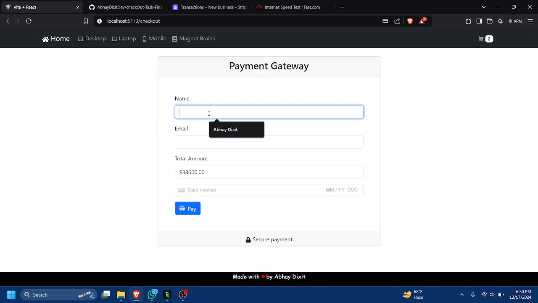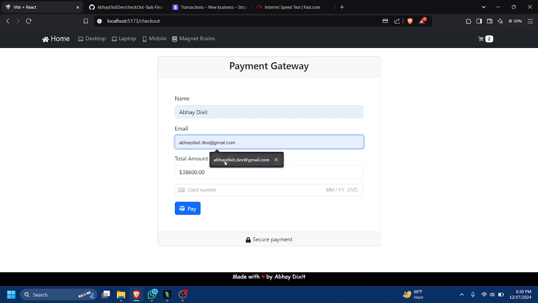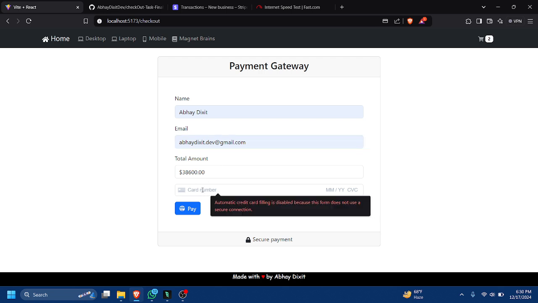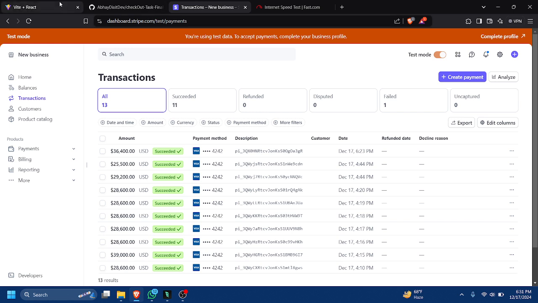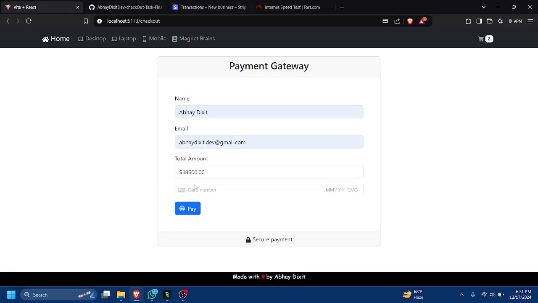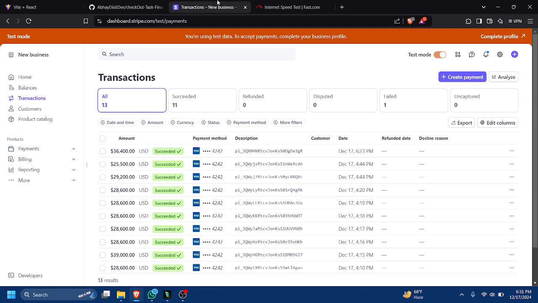In this form we have to fill in the name and email address of the customer, and here the amount is showing, currently 38,600 for the products. To make the payment successful we have to enter a card number. I am using the Stripe payment gateway, so we can use a dummy card number given by Stripe, like